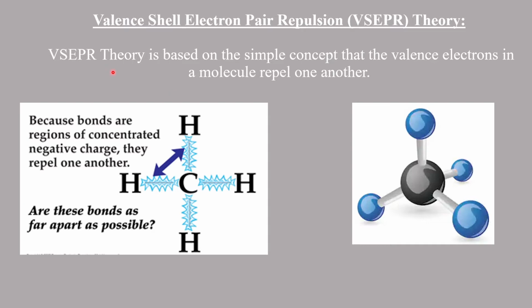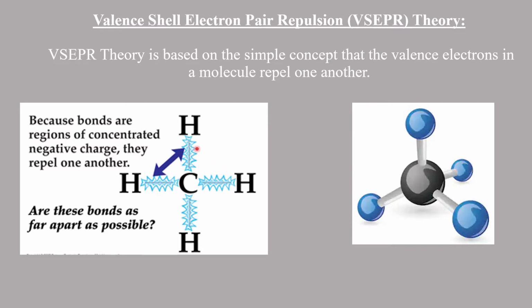VSEPR theory is based on the simple concept of valence electrons. Here the straight line between carbon and hydrogen indicates the covalent bond between carbon and hydrogen, and you know that each covalent bond has two electrons. So atoms are surrounded by clouds of negatively charged electrons. And when you have many atoms in a molecule, like in this example, these negatively charged electron clouds repel each